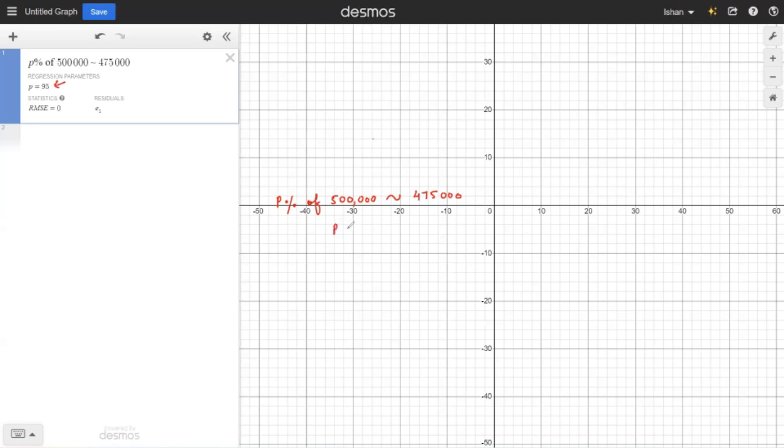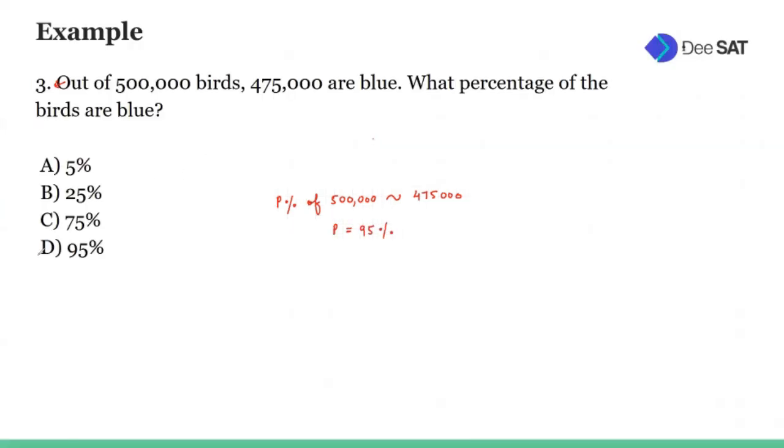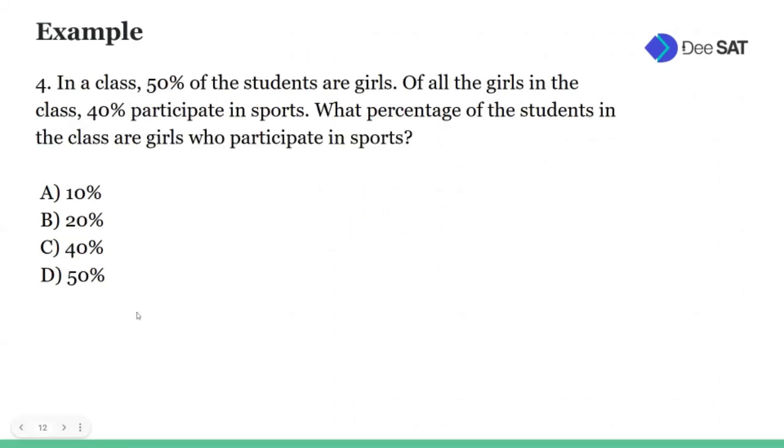So p is nothing but 95%. So option number D is correct answer in this case. Moving ahead towards question number 4,